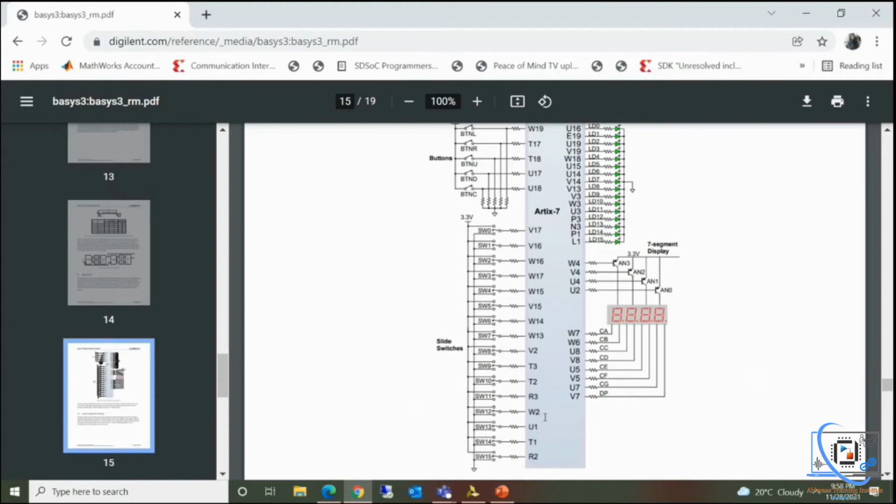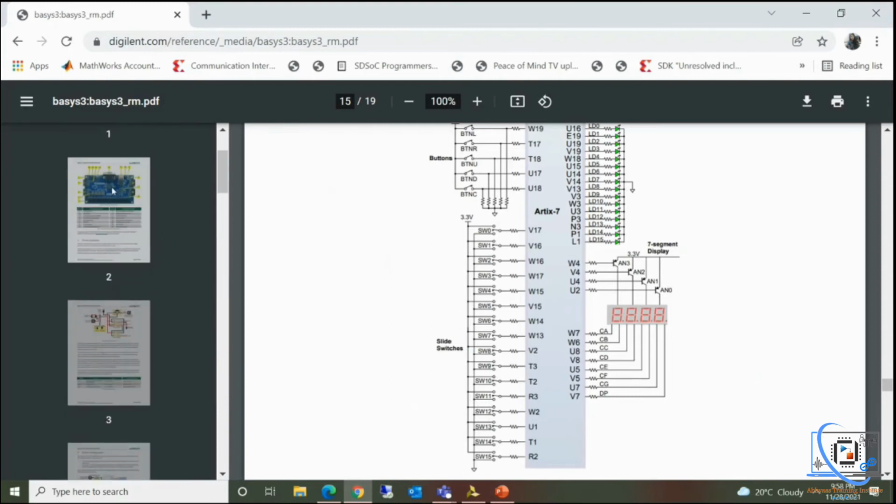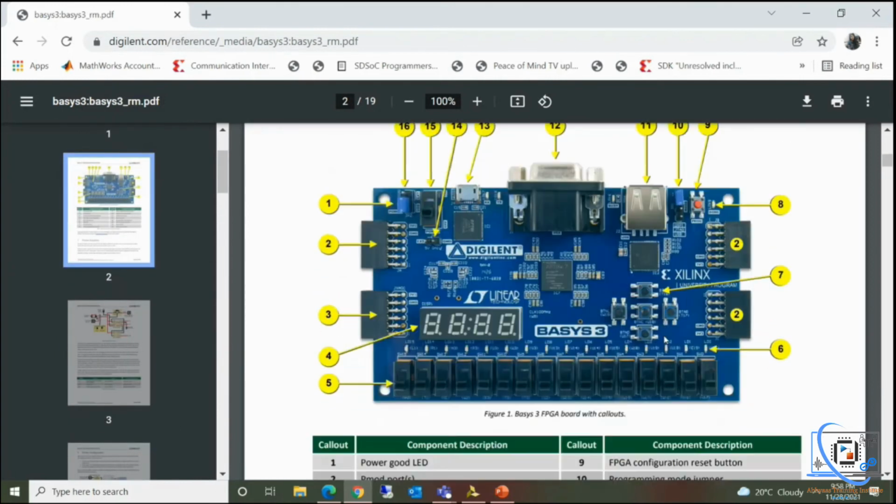So for your board, you can also open up its data sheet or reference manual. There you will see all these pin numbers. You can check from these reference manuals, or also you can see it from your FPGA board. So this is the FPGA board.